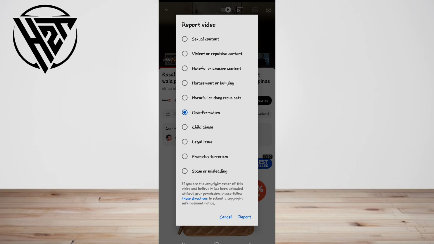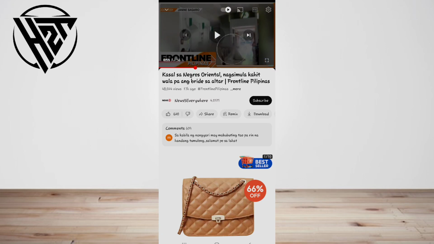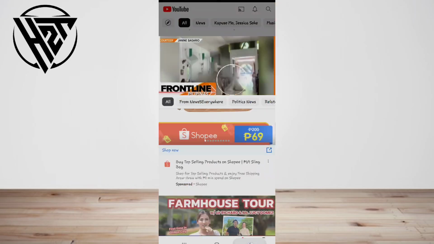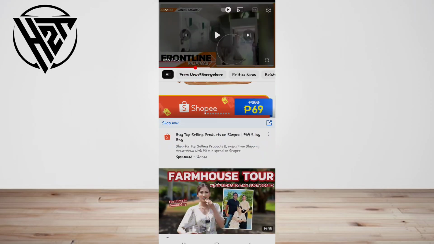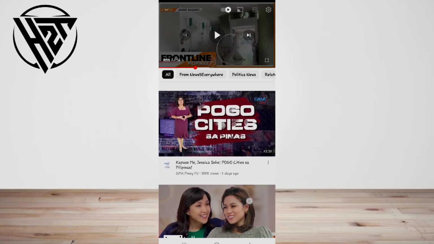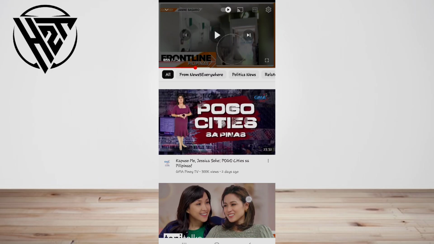The mobile app only allows you to select a generic reason. It doesn't allow you to make any extra comments before submitting the report. And that's all. Now that you've reported the inappropriate YouTube video, YouTube's review team will get on the case. During the team's review process, they will check if the video does indeed violate their community guidelines and company policies. To do that, they analyze everything from the metadata to the video's intent.